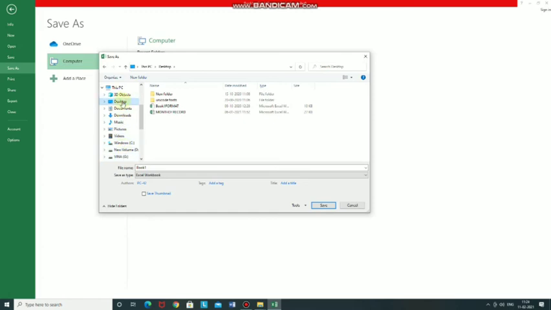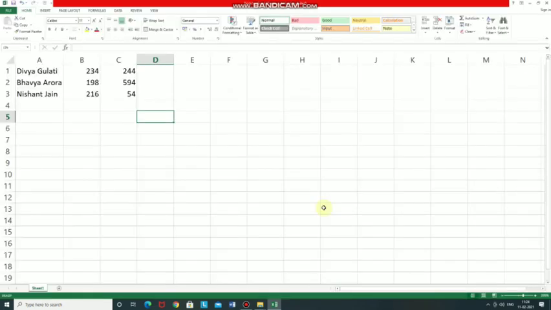Then type a file name. This is Book 1, but I am typing any file name here, Table 1, and then click Save. The workbook will be saved. So you can see here in the title bar, Table 1, the name we have given to this workbook, is displayed here.